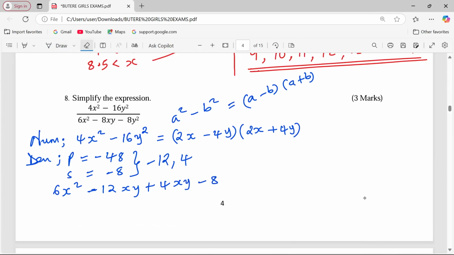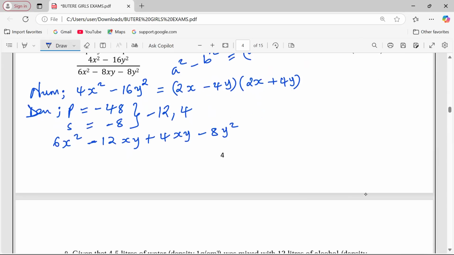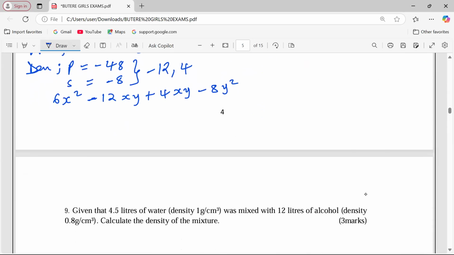I didn't change, just re-expressed. Okay, from the first two, I can factor out something here, which is a 6x, to remain with x minus 2y, right? Then from the other two, 4y is common from the last two. So that will remain with x minus